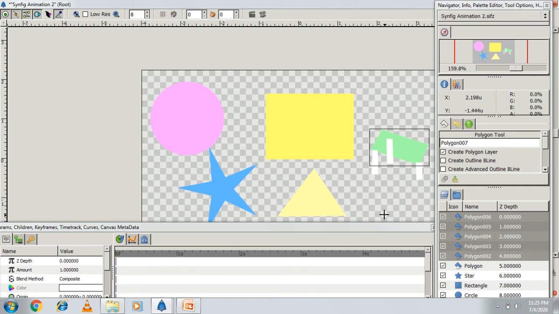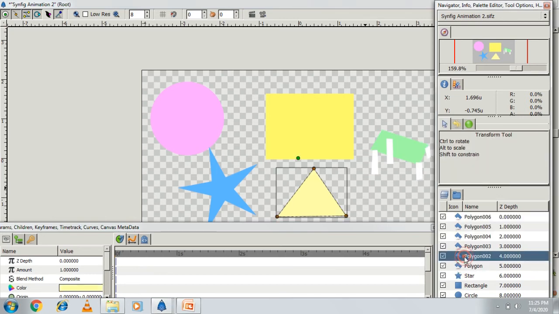Okay, now how to use it? This polygon tool I will keep on top.